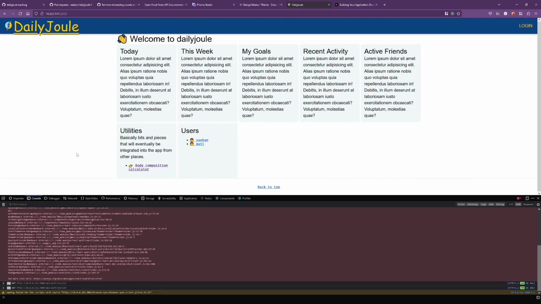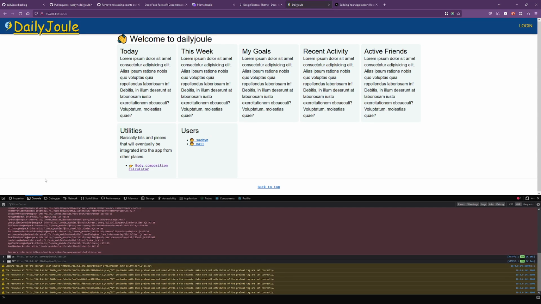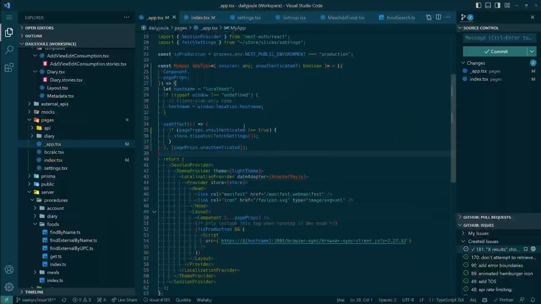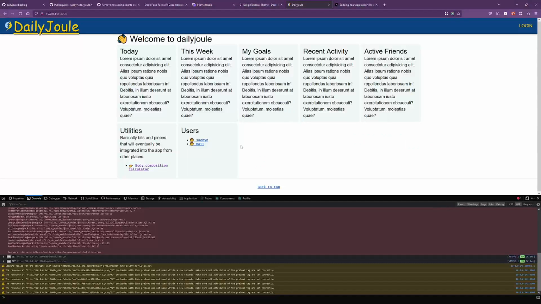About because it was so before, for context, when we were hitting a page and we were not logged in, a page that we shouldn't need to be logged in to view, then we were still dispatching this fetch settings, and that was, one, not needed if we're not authenticated, but two, resulting in an error that we're getting a toast about down here. So now that that's gone away,